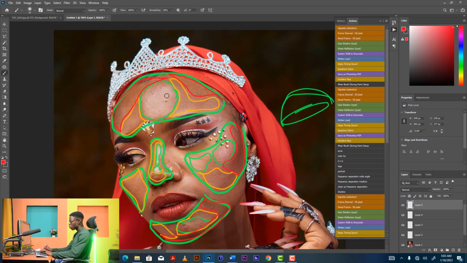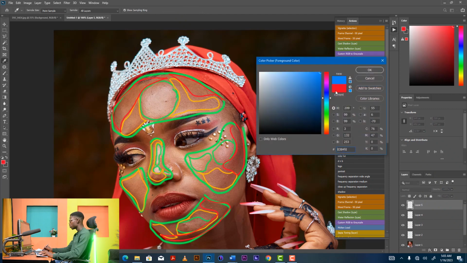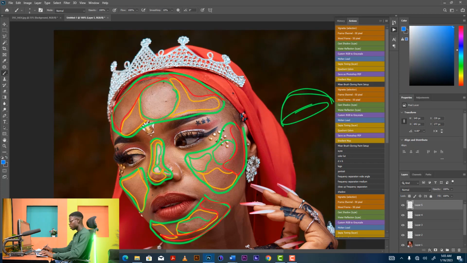So when using your mixer brush, you make sure if you are doing frequency separation on the forehead, let me use a different color for this one. I'm using blue color to indicate the direction of your brush strokes when you are using your mixer brush. So if you are doing the highlights of the forehead, your brush strokes should be circular this way,